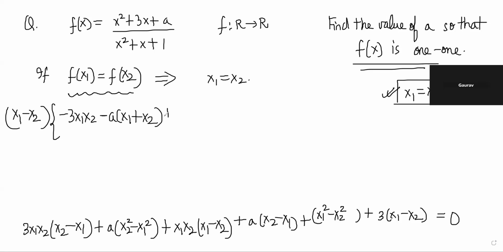Then we are getting plus x1 x2, minus a plus x1 plus x2, and plus 3, right? Okay, so now here what we have to do is think of